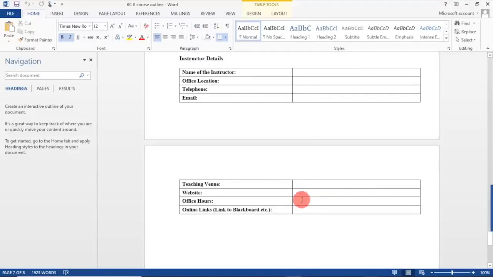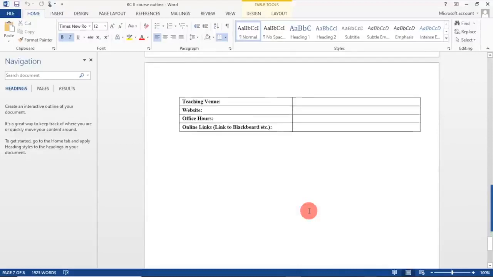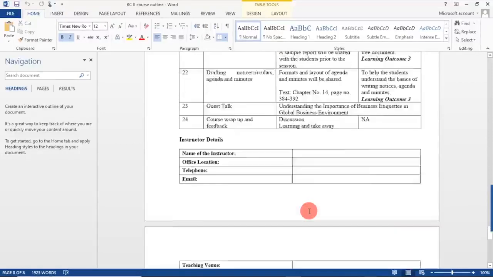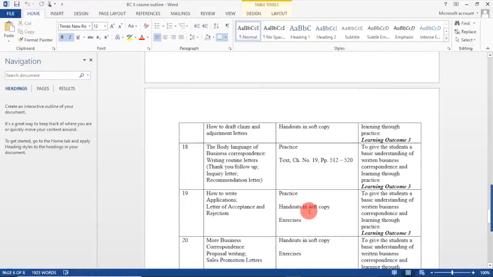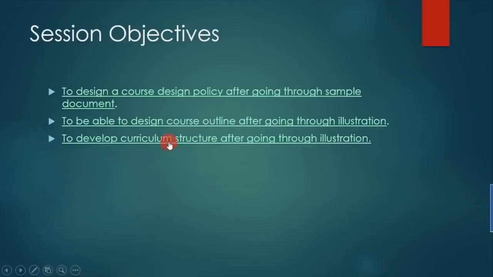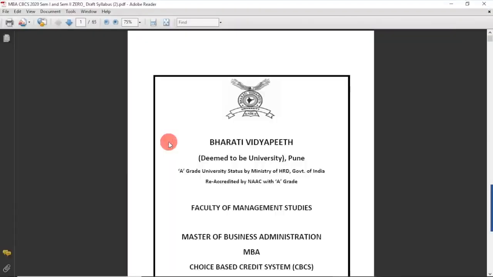You go in for giving the details of the website. If you are having some website or a section of the website of the institution, what are your office hours, and sometimes you also like to specify the meeting hours with the student. So that's how you professionally behave with them, and that's the type of conduct which we expect from the teachers. So once this is done, now we move on to the curriculum structure.